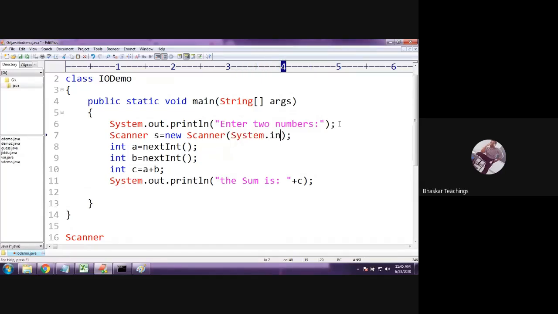That means take the values from system input devices. Okay, listen, you all know this part. This part is the syntax for creating an object for a class, right? Then the class is Scanner. Only this part is new to you. You just follow it, you can understand it later. Simply saying, it is system input devices. So this is the syntax for creating an object for this Scanner class.